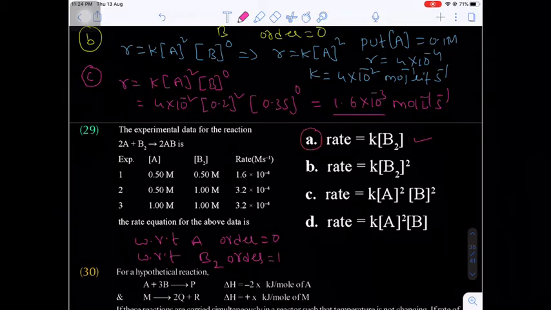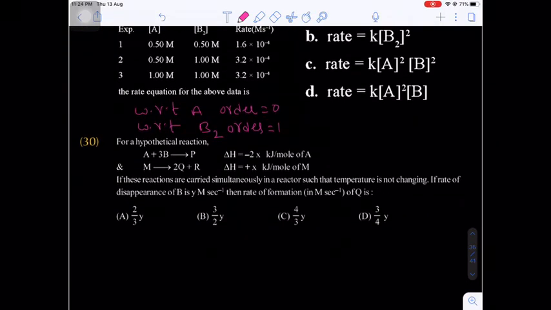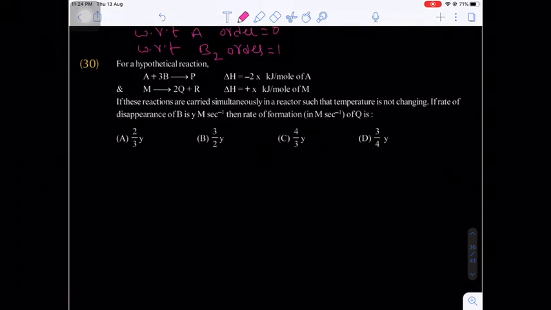So this is a very important question. The condition is that at least one reactant concentration should be the same and the other reactant concentration should be different. Then we can find the relation. If both change, it is not possible. So with the help of equations, we have to write equations 1, 2, 3 first of all. By solving that we can find the powers.